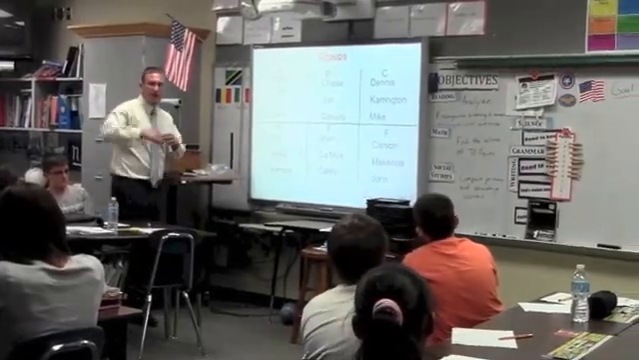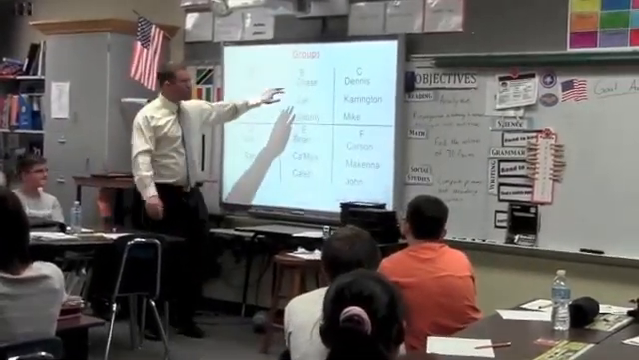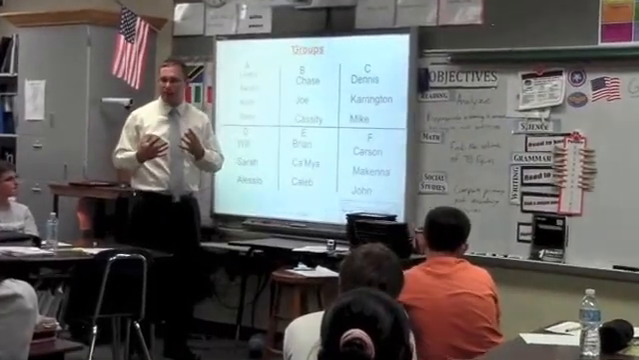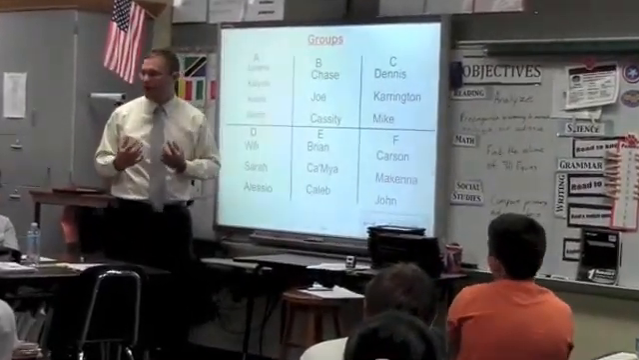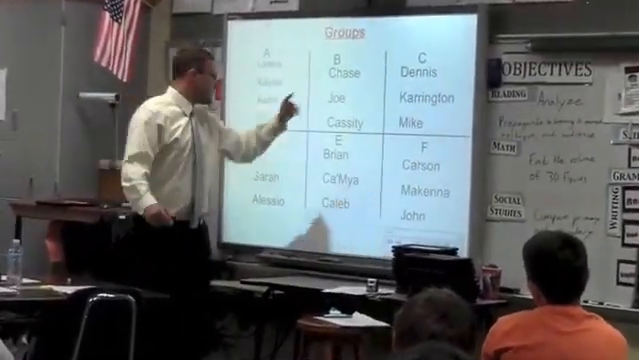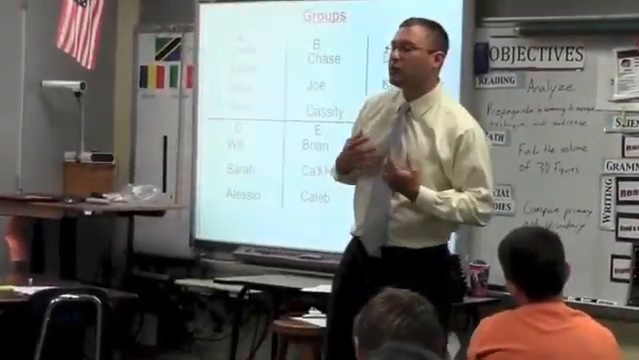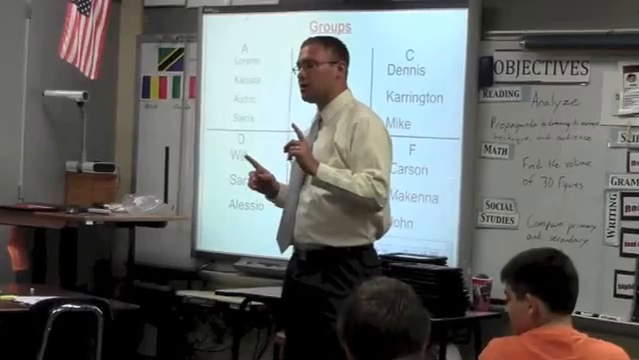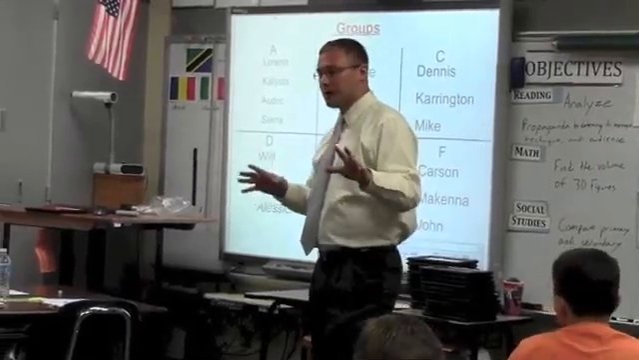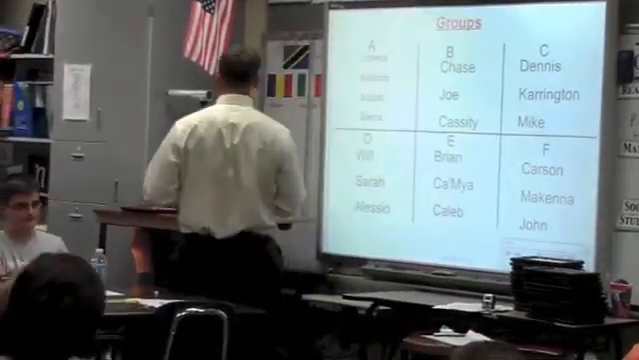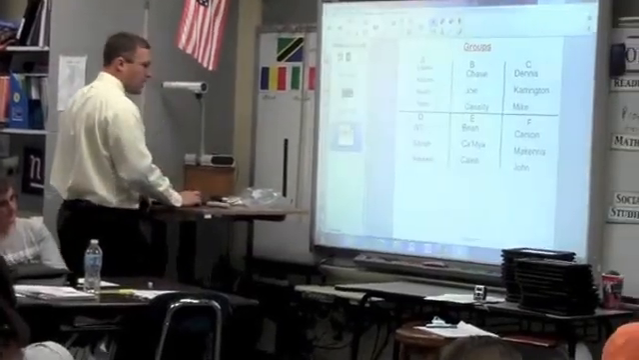Group A is going to be with me on the back table. Group B, you can grab a Chromebook and find your own location in the classroom that you think you'll work best in. C, D, E, and F, the same thing. Okay? I would like you all to do that now. And once you get the Chromebook, you're going to go to Moodle, the class blog,